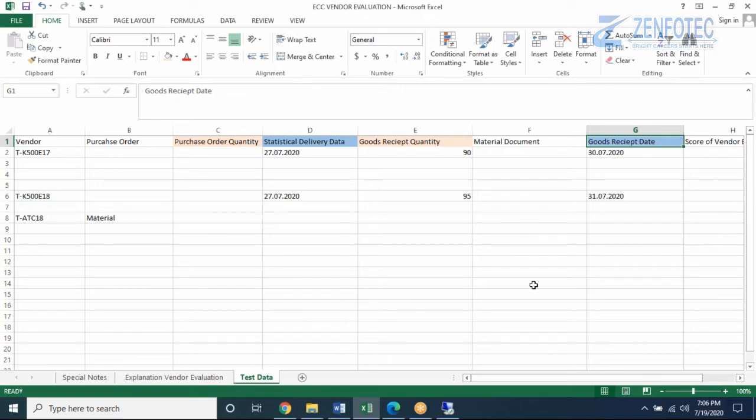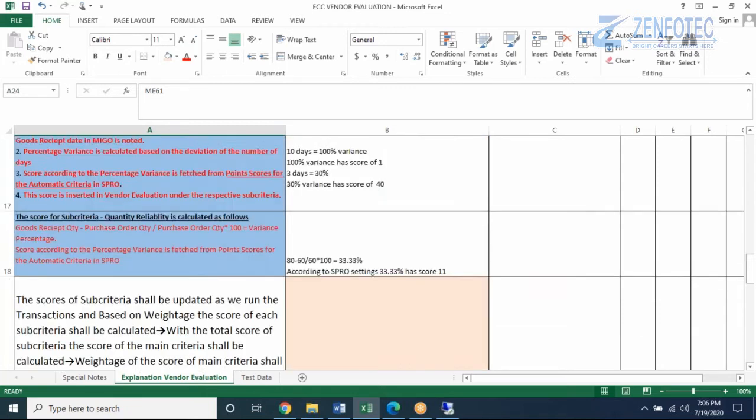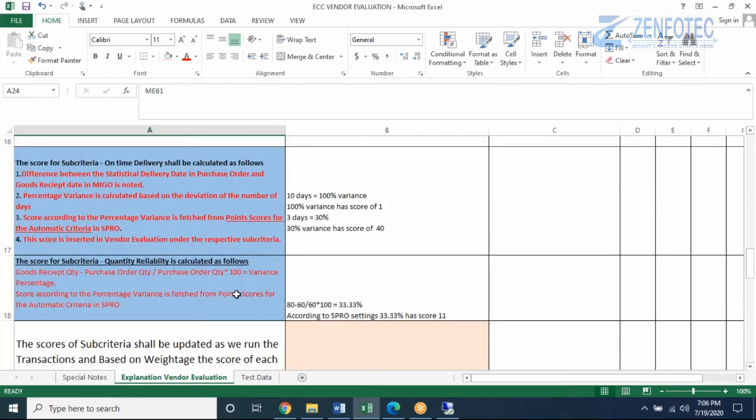There is the on-time delivery and the quantity reliability. So again to summarize, quantity reliability and on-time delivery, these are the two sub-criteria under delivery. Okay, so we will start.